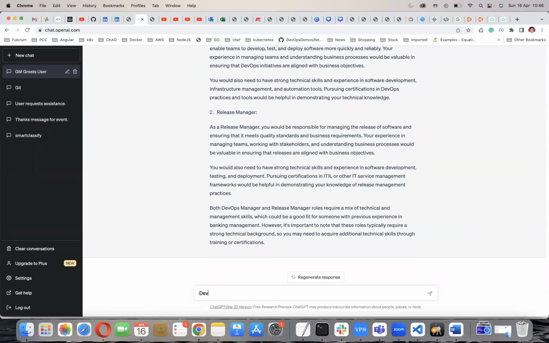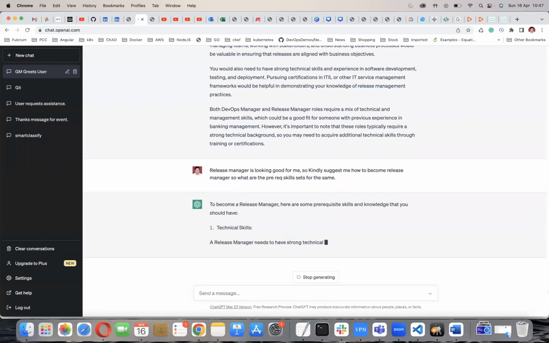DevOps release manager is looking good for me, so kindly suggest me how to become a release manager, and what are the prerequisite skills for the same.